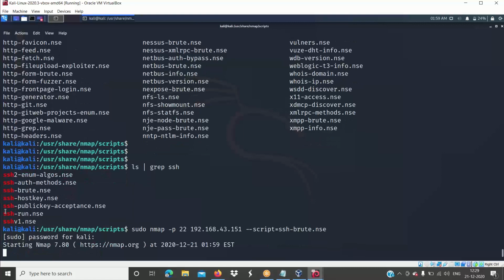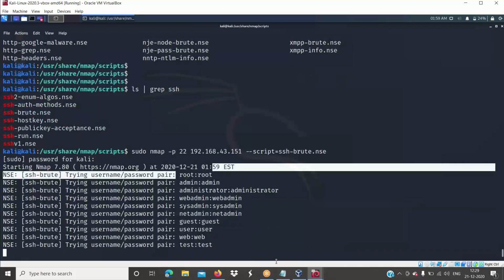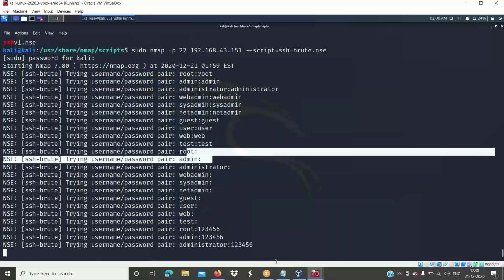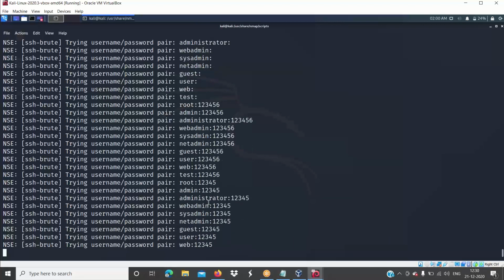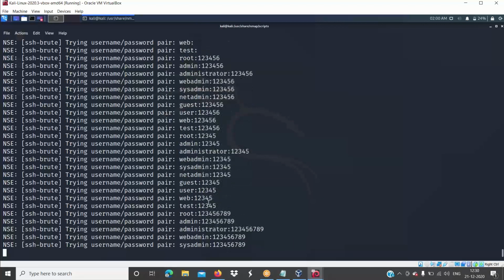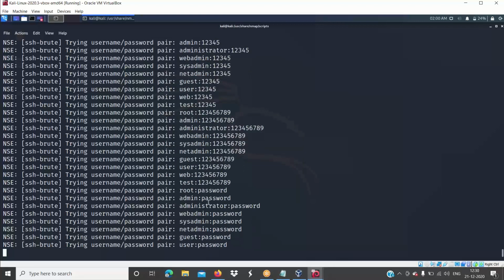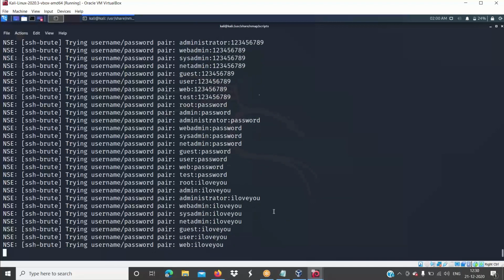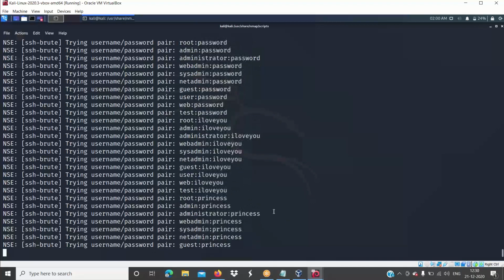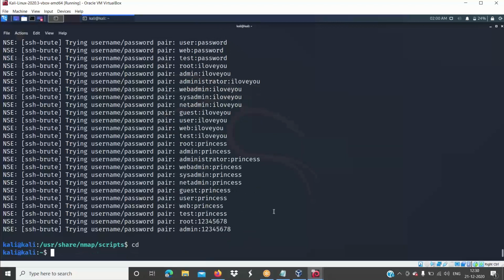It's just going to use all the default usernames and passwords that come with the Nmap tool and submit them. Once the attack is completed, if something matches, it will give you the right username and right password. I'm not continuing this because it will take a very long time. Even you can do it with the